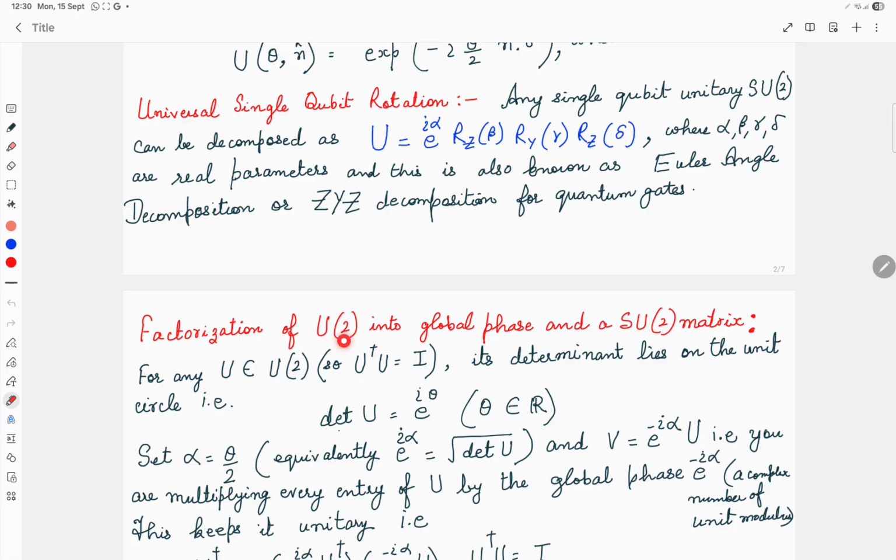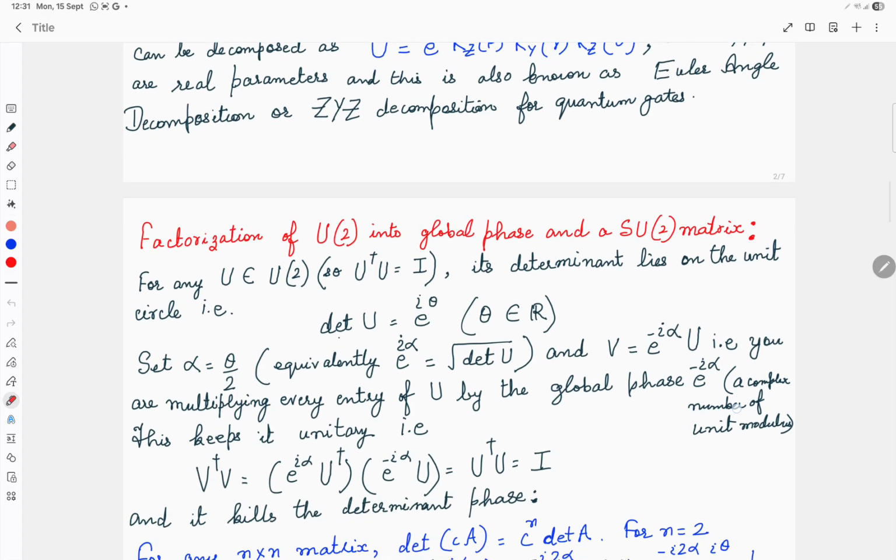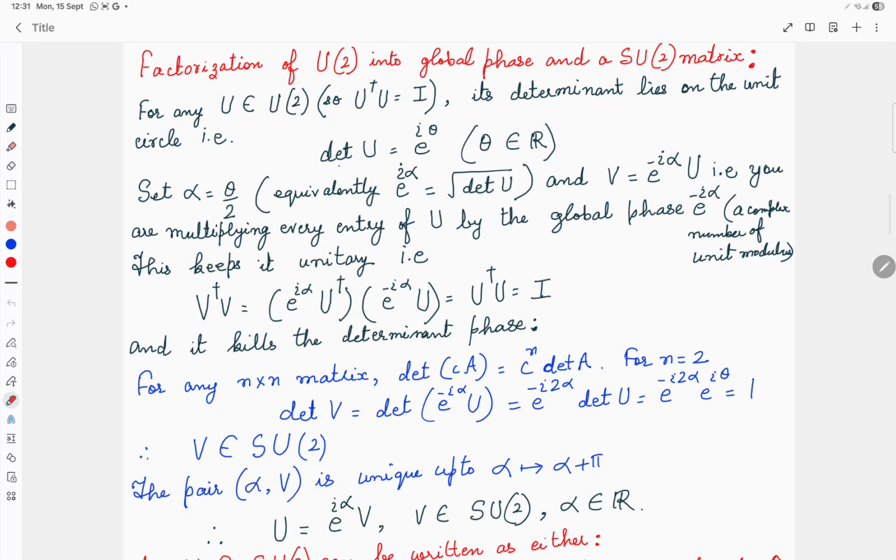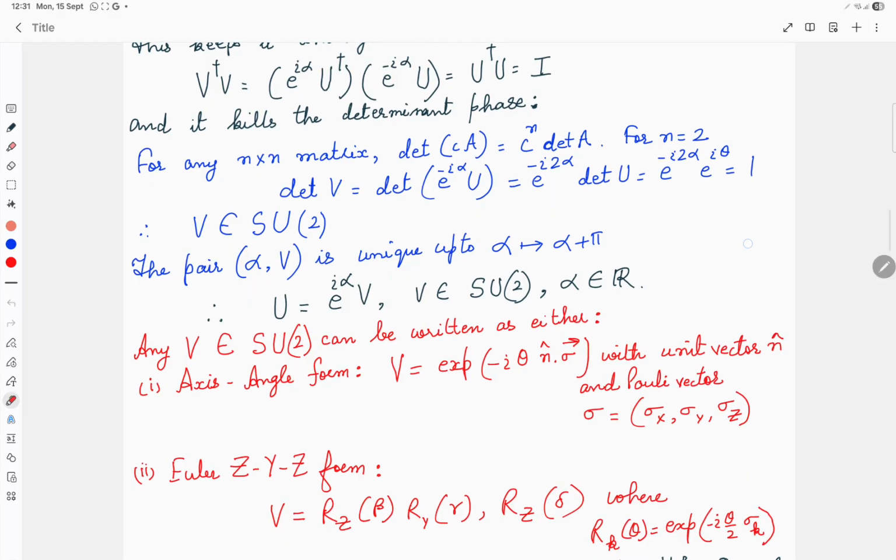A unitary matrix will have a global phase, while SU(2) will not. How can we cancel out the global phase from SU(2)? By just multiplying U with e to the power minus iα. That's all the meaning of this mathematics, right? So ultimately we take V as the matrix which belongs to the SU(2) group, and this can be written as,